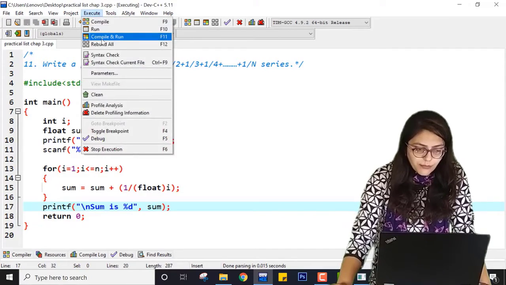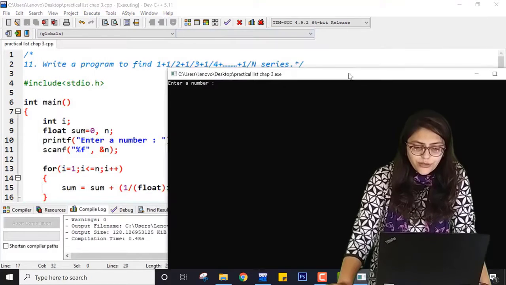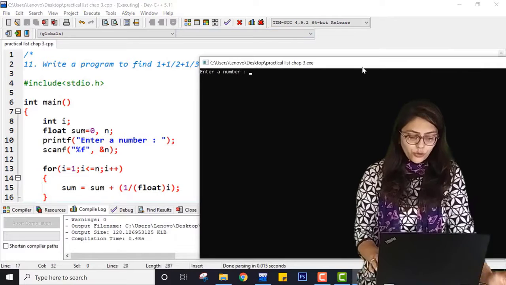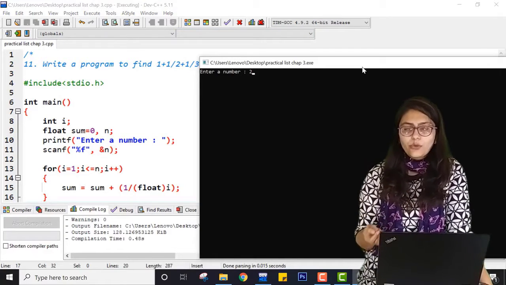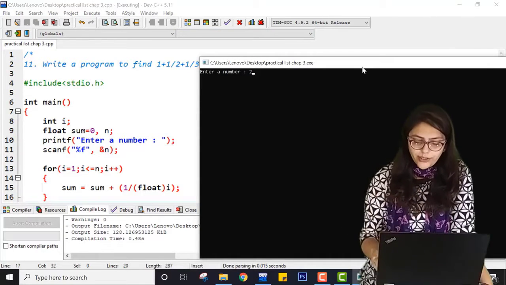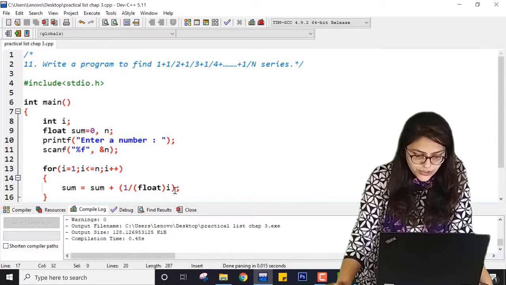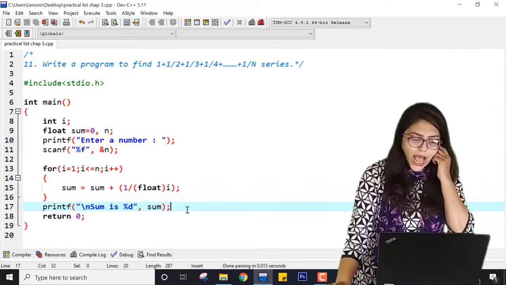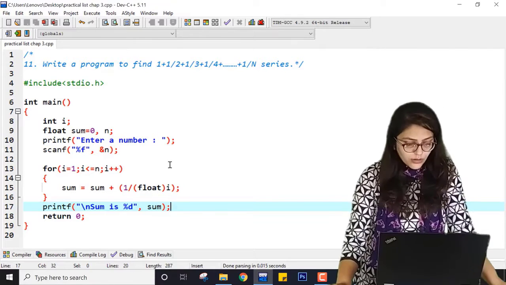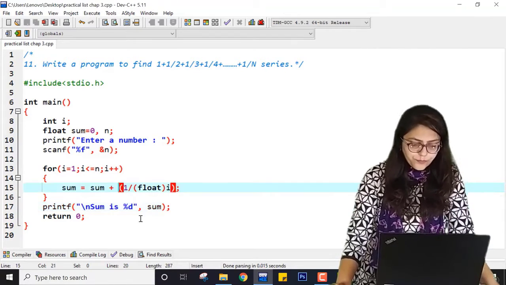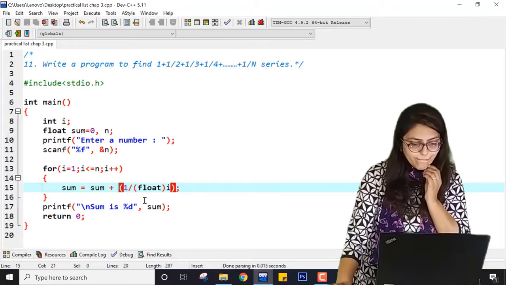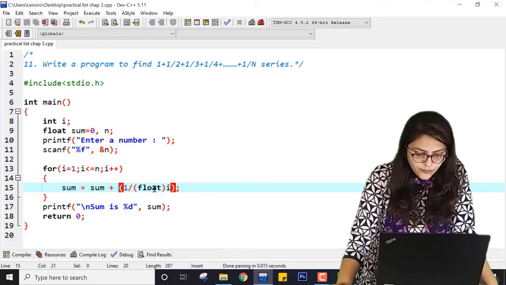If I save this program, compile it and execute it, let me do it for an easier term, enter a number 2. So I am doing 1 plus 1 by 2, that I know is 1.5. But the answer is 0. Why is it coming 0? Let me check. So i is integer, sum is float.